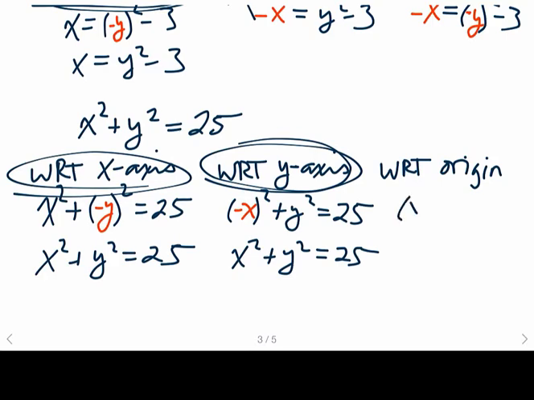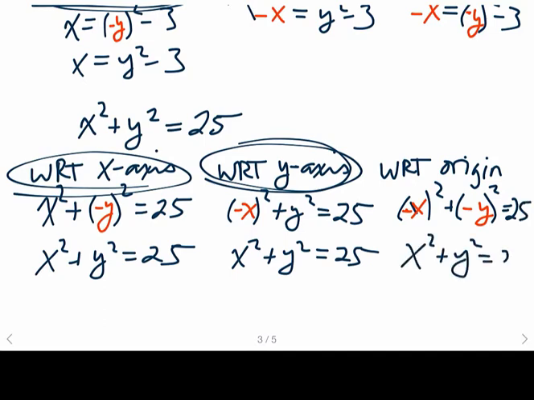It should be fairly clear here that when I check for symmetry with respect to the origin, I'm going to replace x by negative x and y by negative y. The squaring eliminates both of those negatives, and we again end up with what we started with: x squared plus y squared is equal to 25. And so we have symmetry with respect to the